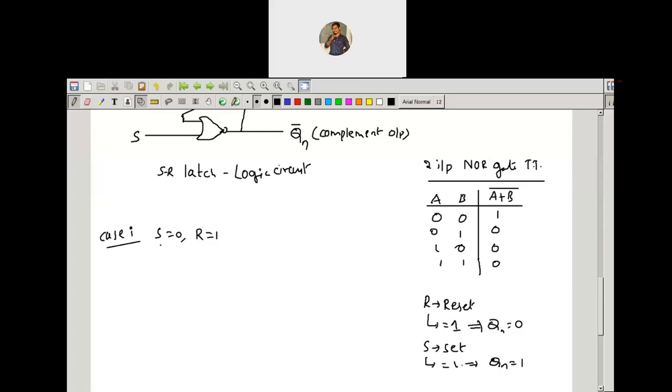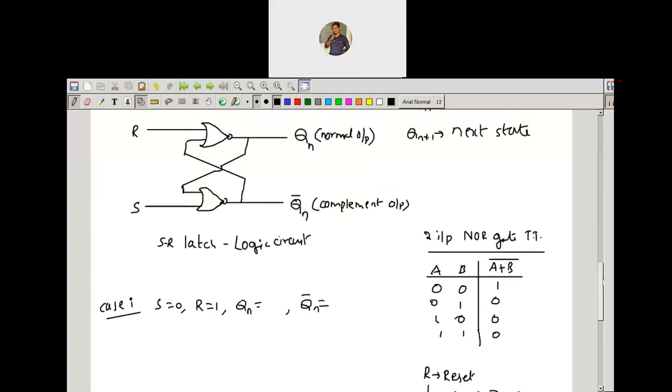As we have 2 inputs, we are going to have 4 cases with the 2 input combinations. So S equal 0, R equal 1. For this case, what is the output? We have the normal output Qn and the complement output Qn bar. Now here, S value is 0 and R value is 1. If you observe the truth table of the NOR gate, if any one of the inputs is 1,